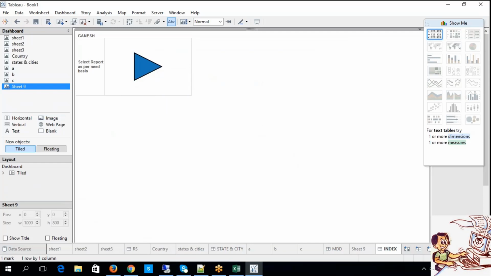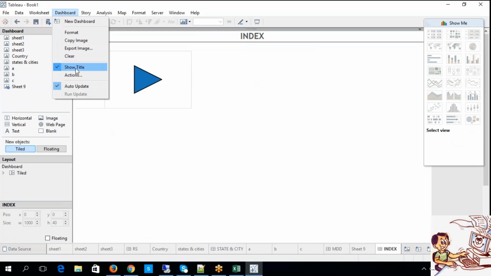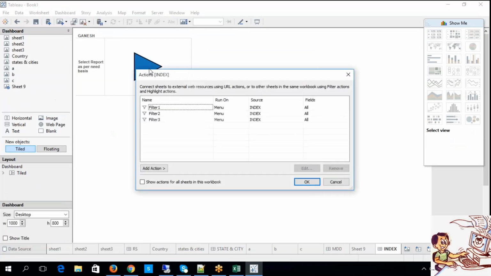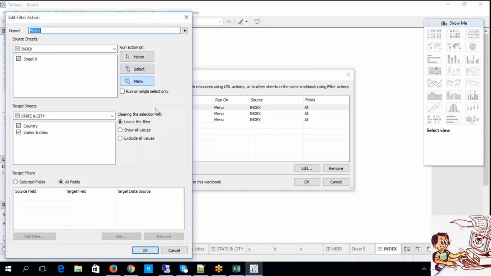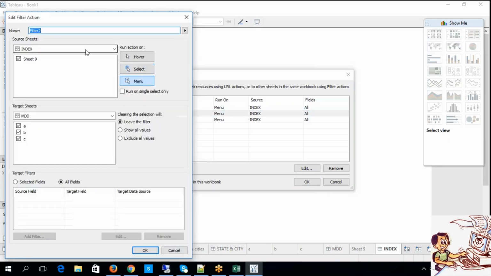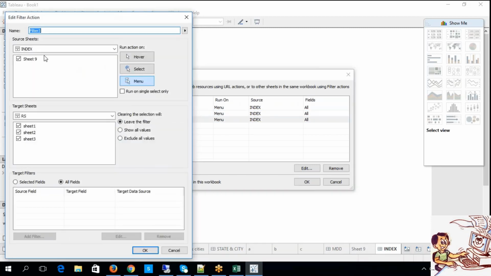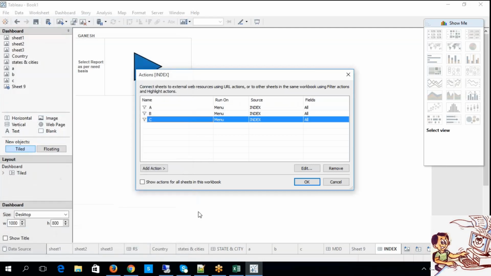I mean to say, okay, now look at this. Go to dashboards. You have actions, sorry, not the title. Sorry, you have what? Dashboards under actions. See here I have not given any name. Now look at this. Let me give a name. Let's say A. Example. Okay. B. Fine. C. Likewise. Right, guys. Now again click OK.